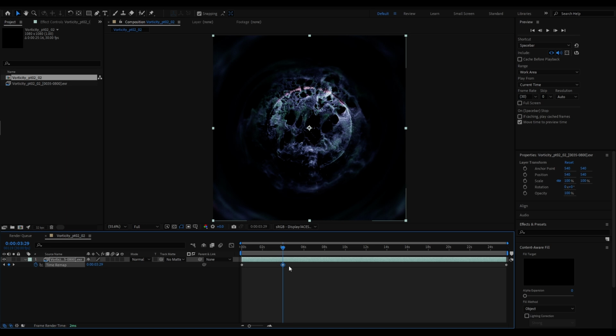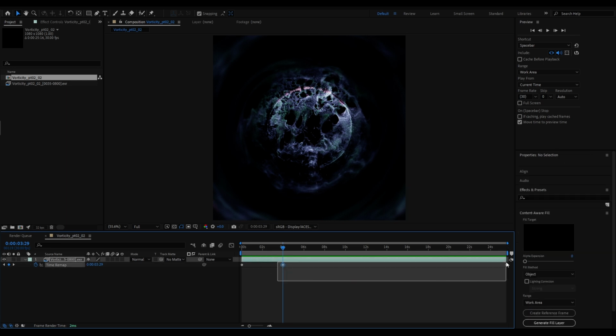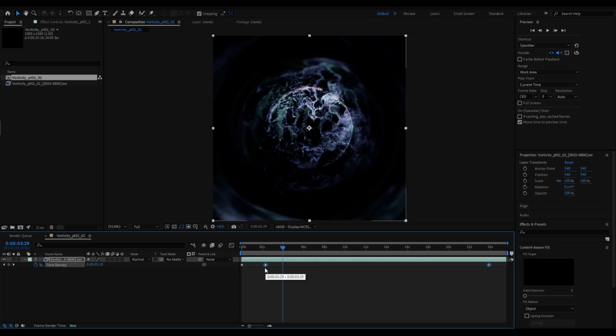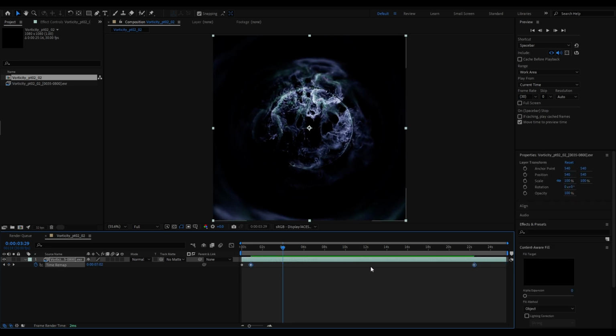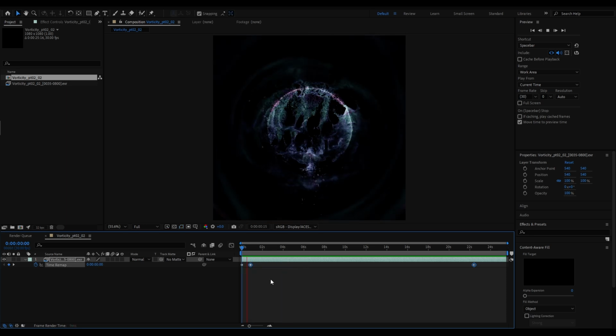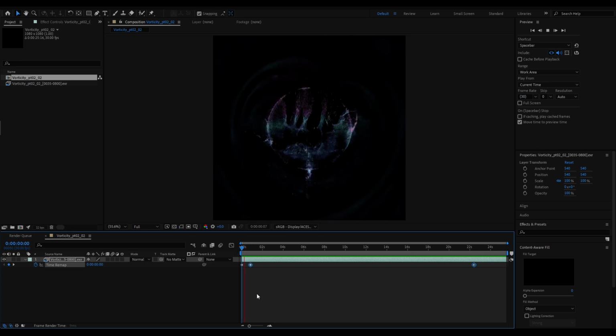Now what we need to do is maintain this distance between these two keyframes, and that'll be real-time speed. But we want to shorten the distance here, which will ramp up the speed. So the way we do that is, we just select both of these last two keyframes and move them back, and now this relationship has remained unchanged, so that's just playing at real time, but these ones have been massively sped up. So now if we put that in the RAM again, now we've got that quick start into